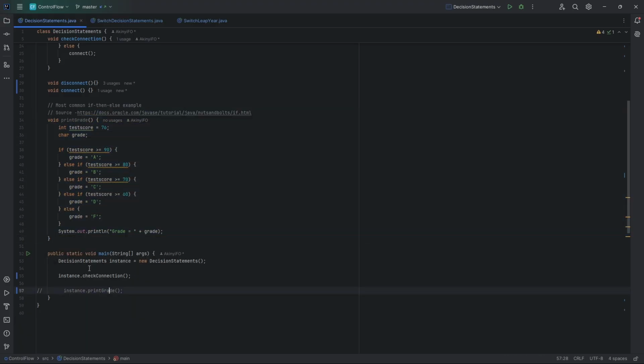grade checking. So let's go to print grade. We have a test score of 76 and a character grade. We are checking if the test score is greater than or equal to 90, print and set grade to A. Else, if it's greater than or equal to 80, set it to B, and so on and so forth. Given that 76 is greater than or equal to 70, it should print grade